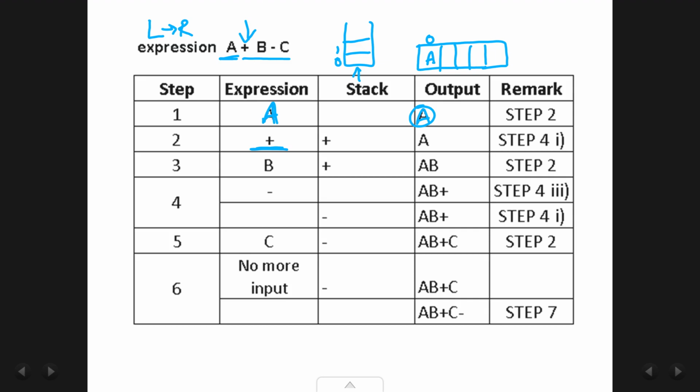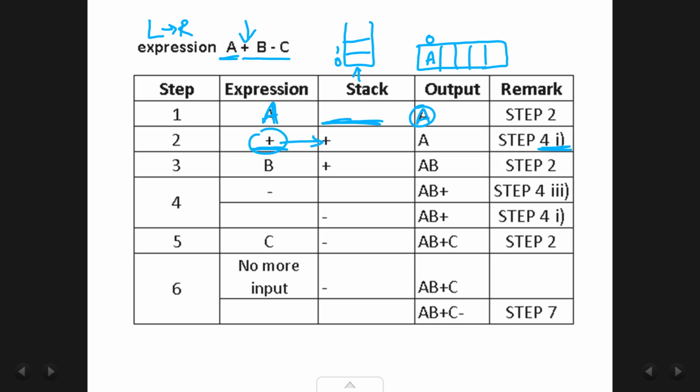In that again there are 4 sub steps. The first says if the stack is empty, push the operator on the stack. You can see here in the previous step, stack is empty. So we perform step 4.1. Step 4.1 says if stack is empty, push this operator onto the stack.